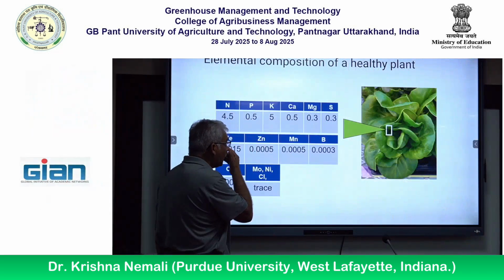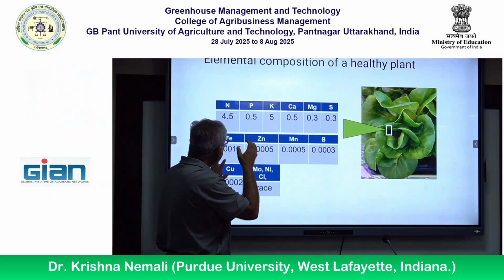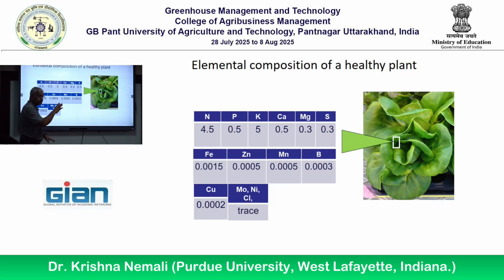So this slide tells you the percentages of those 14 or so elements. Again, like I said, carbon, hydrogen, oxygen, the three organic elements, occupy almost 85 to 90% of the plant by dry mass. The remaining are these. So you can see here, you take a tiny part of that plant, make it into